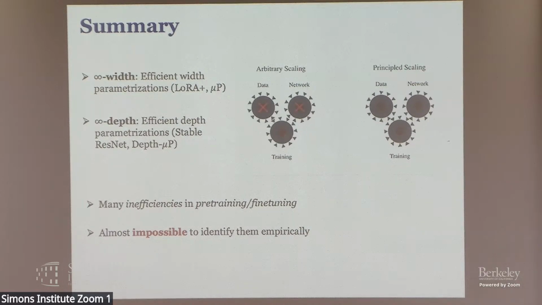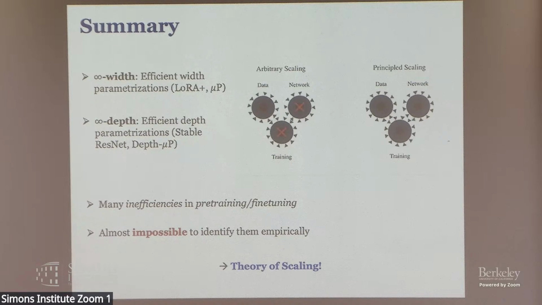So I think a theory of scaling is really important to identify these inefficiencies. Although in some cases it might be a physics level of rigor if you cannot do it on the neural network itself, or maybe you consider a simple model to do rigorous theory. But by just considering the scaling limits, you can identify a lot of inefficiencies in how to set the learning rate and how to set the hyperparameters as you scale the model.